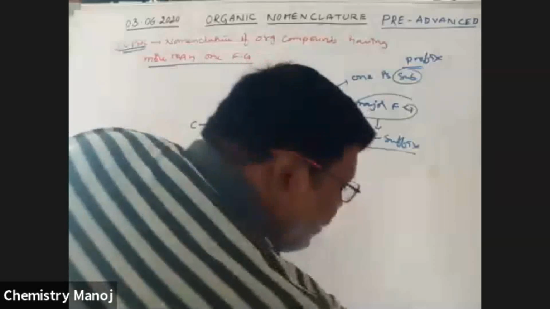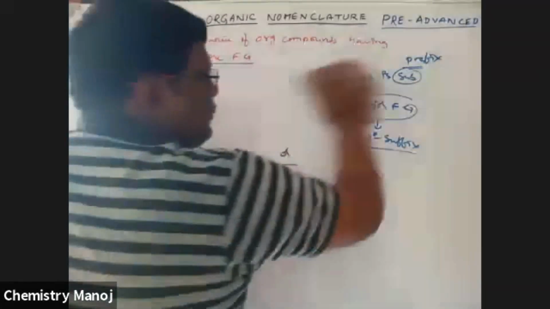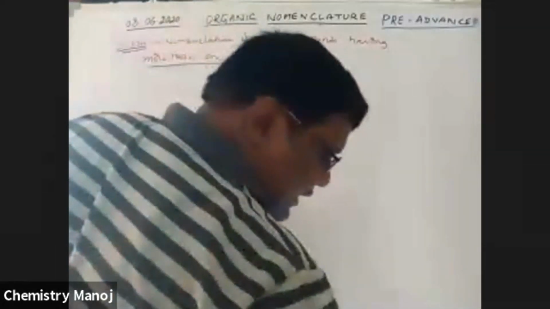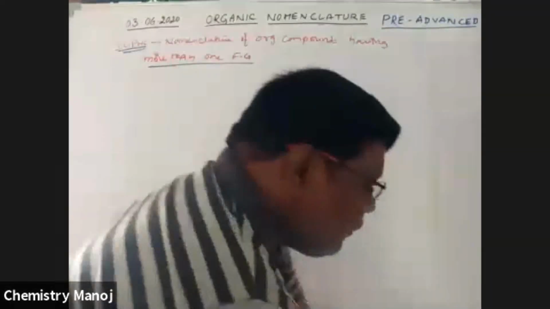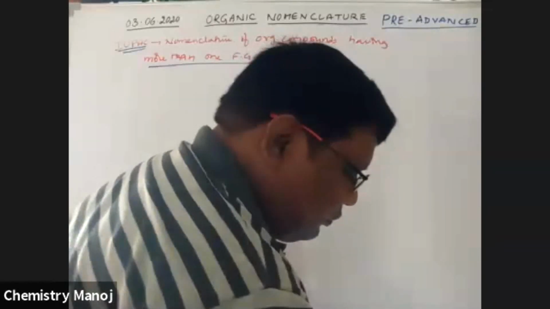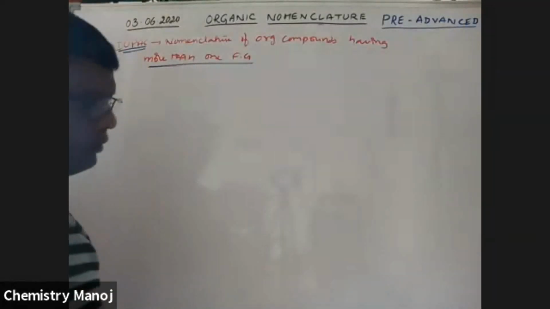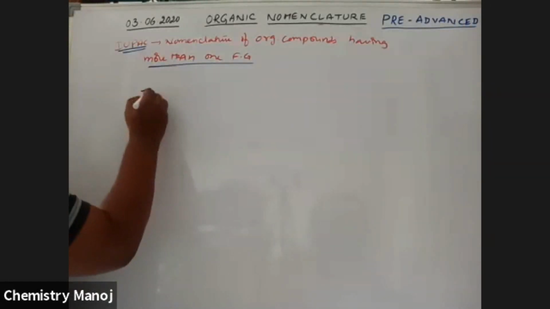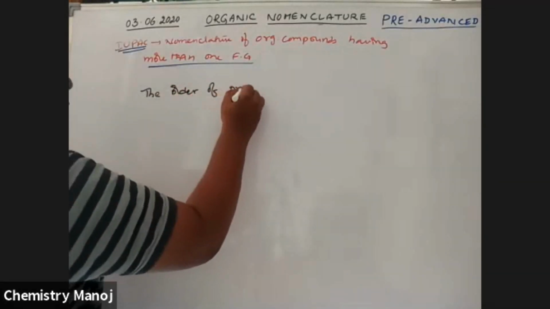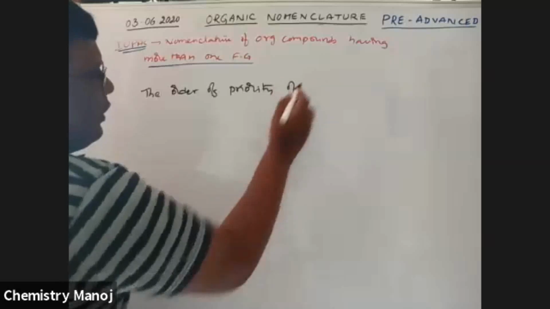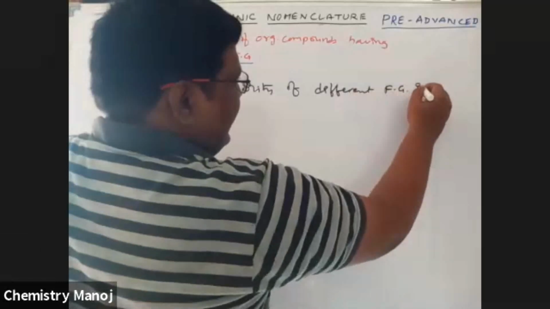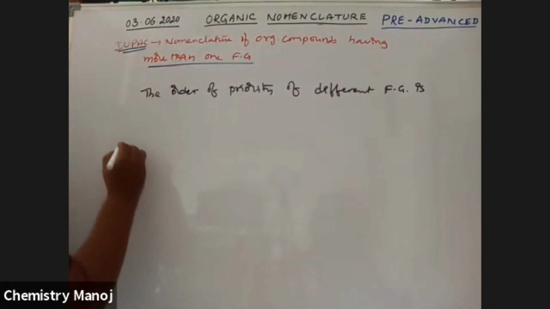So now, what is the order of priority of our functional groups? Among all these functional groups, see here. You should remember this order. The order of priority of different functional groups is: first one, acid,